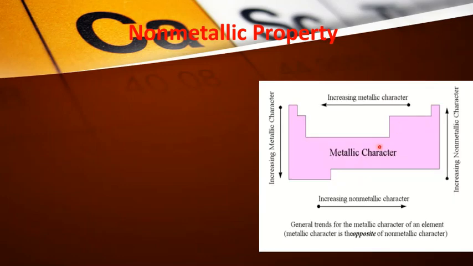Now we will see what type of change of non-metallic property occurs in the period and in the group. Here look. Increasing metallic character from top to bottom means increasing non-metallic character from bottom to top. That means non-metallic character gradually decreases from top to bottom. Dear students, when we explain the periodic property, we explain from left to right and from top to bottom. So which is increased from bottom to top, that means it decreases from top to bottom.